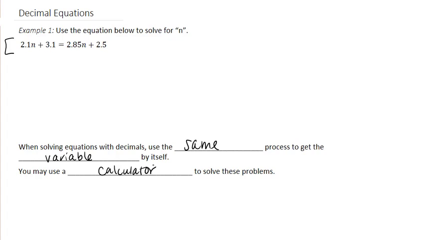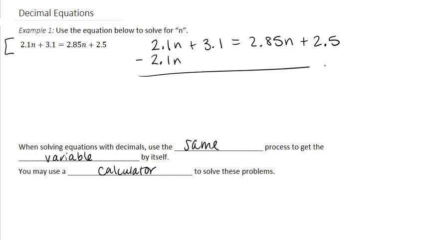So here we have our example 1. What we're going to do is rewrite this rule over here to the right, and we're going to start adding and subtracting to get everything with the variable on one side and the numbers on the other. So let's go ahead and subtract this 2.1n on both sides. So this just becomes 0. So we're left with 3.1, which is equal to,